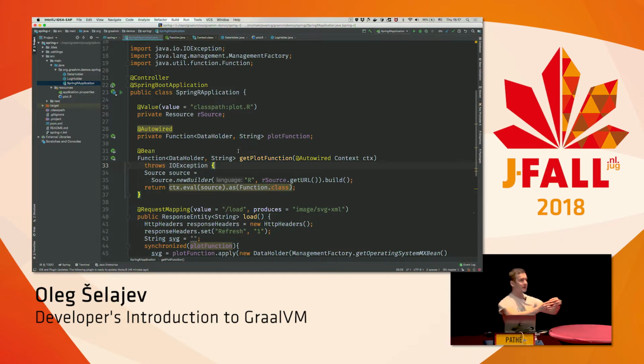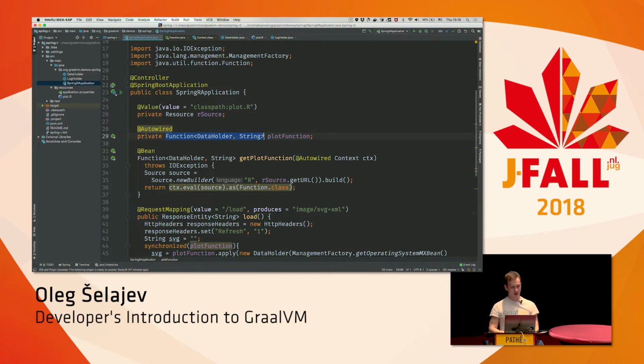You can also even mimic whatever data layout that you want and create a proxy for a certain object. So you can have a JavaScript object that is actually backed by a network buffer. So you, for example, can access points in that network buffer very efficiently without copying, speeding up your network access from JavaScript quite a bit. But here we get just a normal function, and we return it as a bean, and we auto-wire that into this plot function